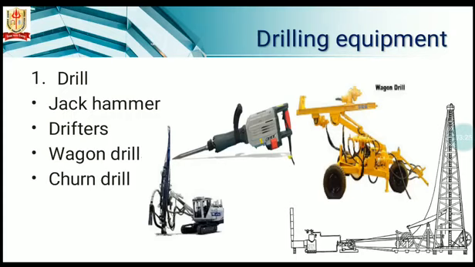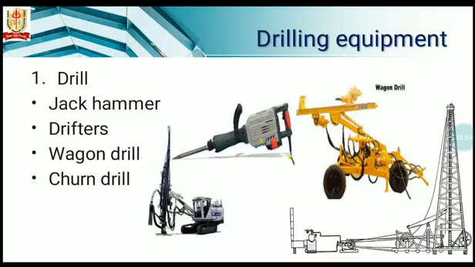Next is a drifter. In operation, drifters may be similar to jackhammers, but they are larger and are used as mounted tools for drilling down, horizontal and up holes. Their weight varies from 34 to 118 kg. They are capable of drilling holes up to 11.25 cm in diameter. They are extensively used for mining and tunneling.